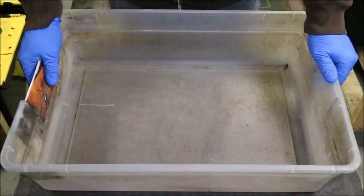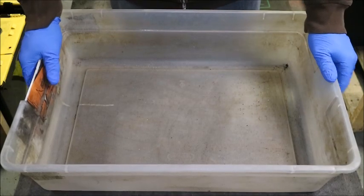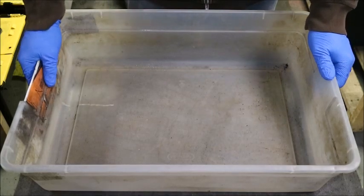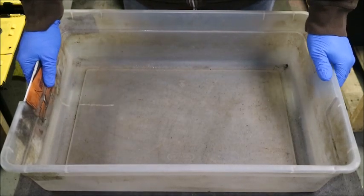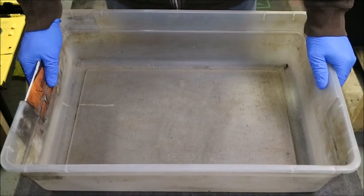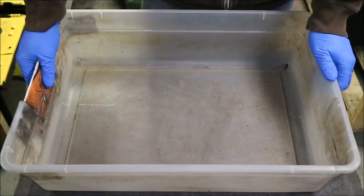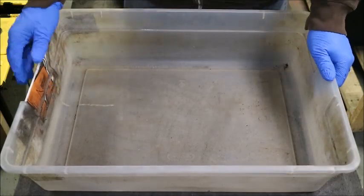I do sift mine. I break it up, sift it. I like to use all the fine stuff. So I'm going to experiment with making my own worm food. But I'm using some of the basic things we all already use. So I'm going to start off with using